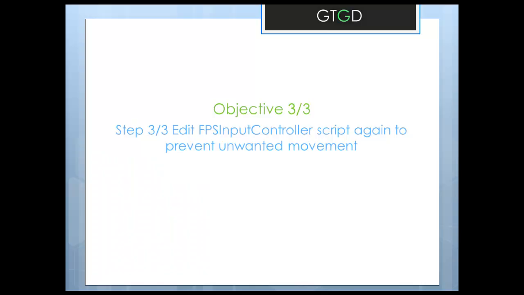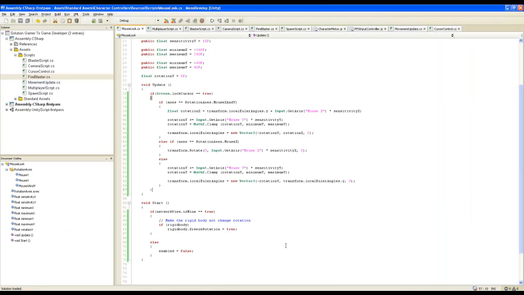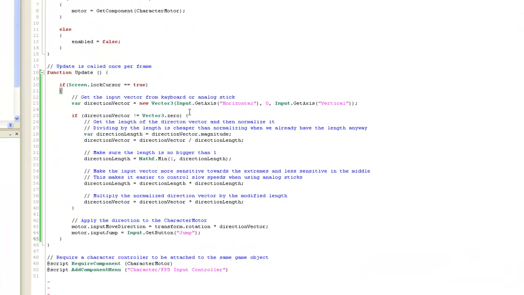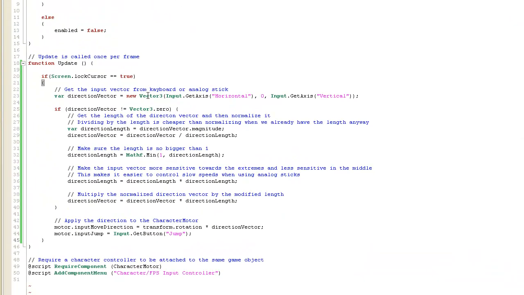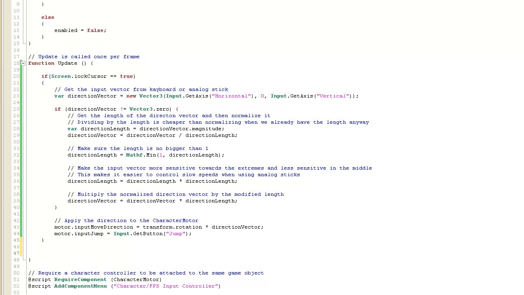So we're on to our last step now, which is to prevent unwanted movement by editing the FPS input controller. So when our mouse cursor is unlocked, then we should not move at all. So we just go to our FPS input controller script, and in it, within the update function, we'll add some new code here. So let's create some space there,